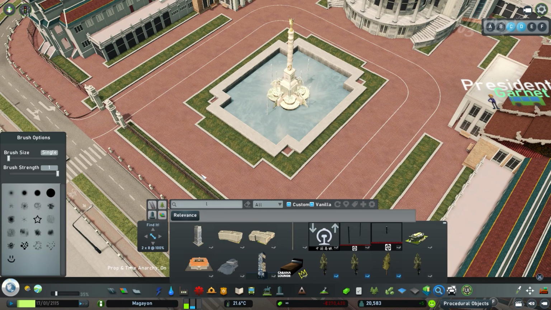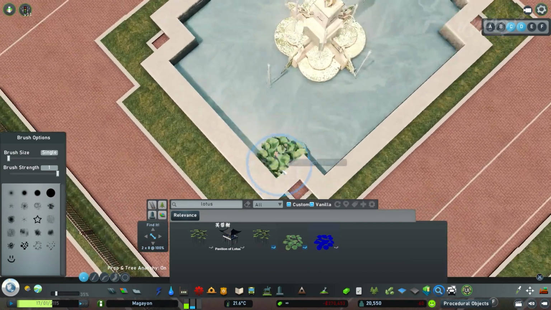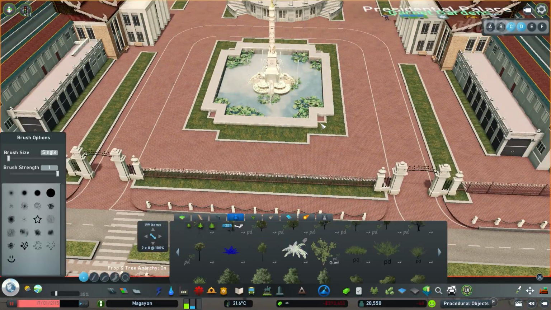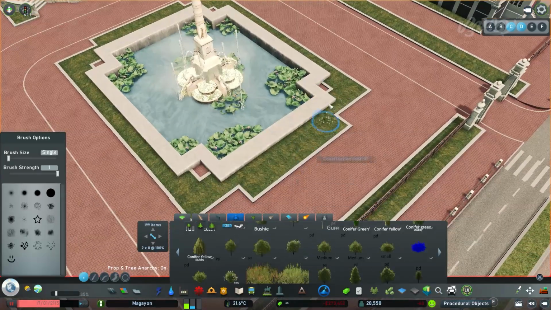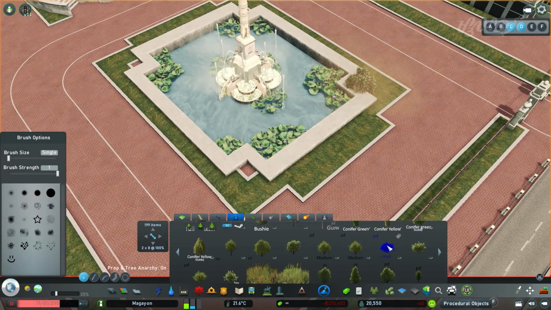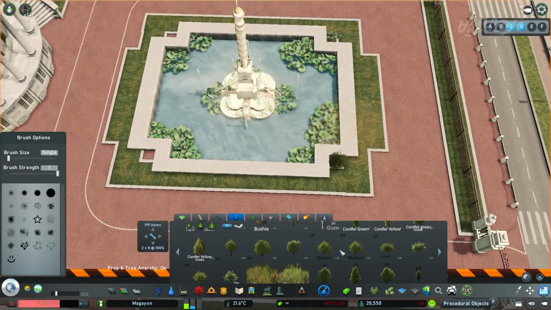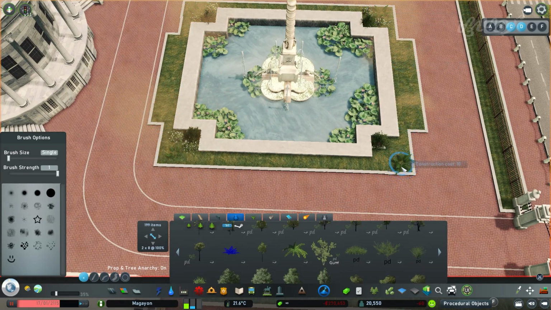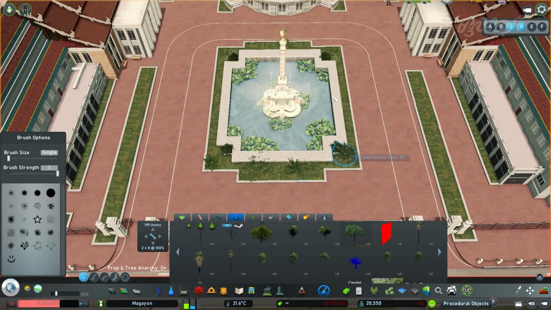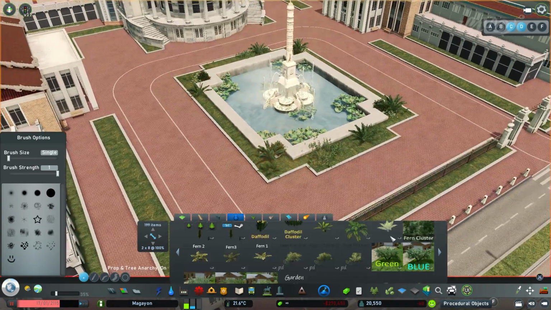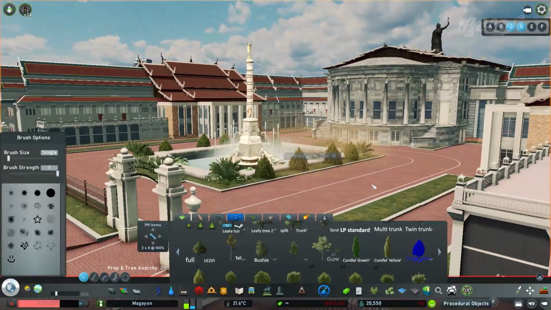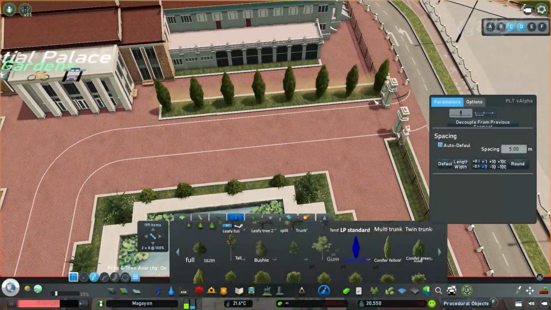Now I'm not that good at landscaping, and it's a great way to practice landscaping. I'm also adding in some lilies or lotus flowers there at the fountain because this is Southeast Asia and we have the perfect climate for growing trees and all the things you can think of. And also it's a unifying theme across the entire place because we have a lot of lotuses in and around the waterways of the city.